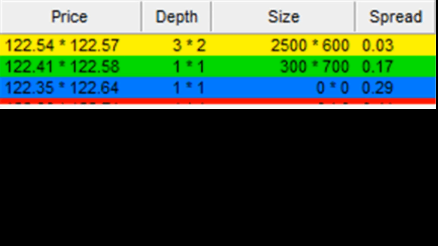Next, we'll get into the depth chart here. The depth chart is the visual representation of the orders and their respective size. The color of the graph in the depth chart here will match the color of the bid-ask data. And so if you are day trading attempting to go long, you will want to see the size and speed of the bars on the left side of the depth chart to be larger than the bars on the right. This essentially